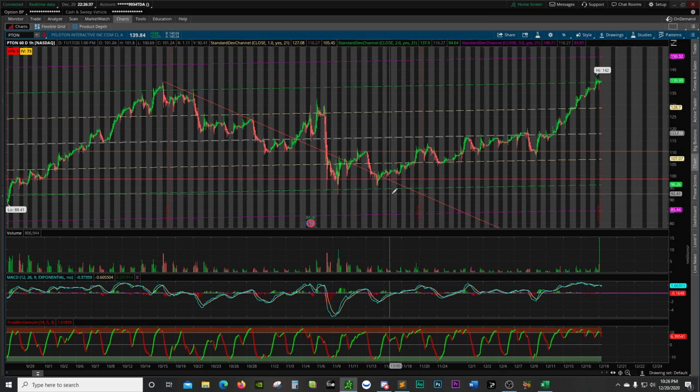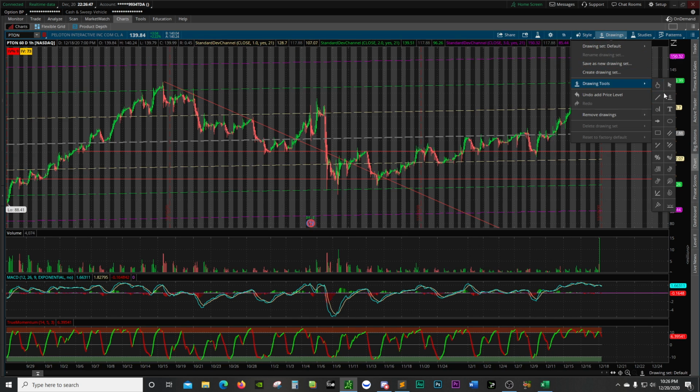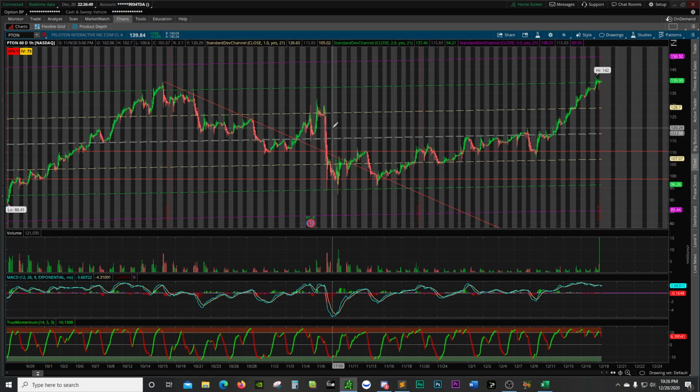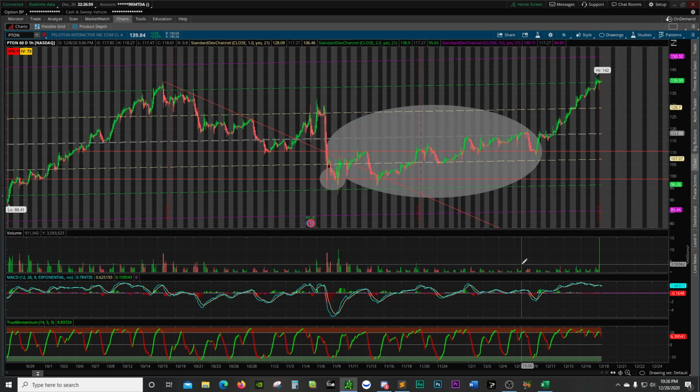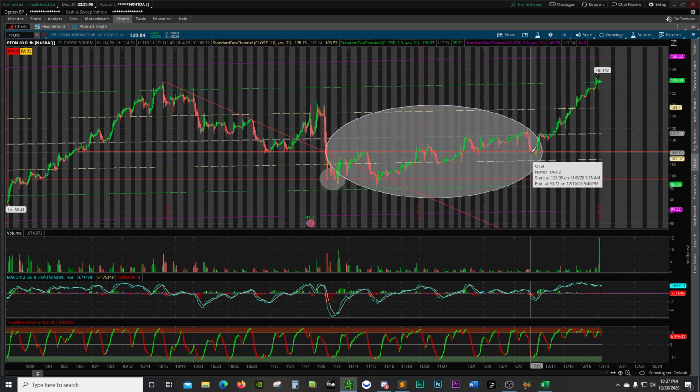I'd be looking to buy something. If I was gonna buy calls, for example, I'd be looking to buy something that's a month out because you need to give it time, right? If you bought a month, if you started right here, so if you got in at the right time and you bought a month, this movement here is going to hurt you. That whole entire sideways movement is going to kill you, right?